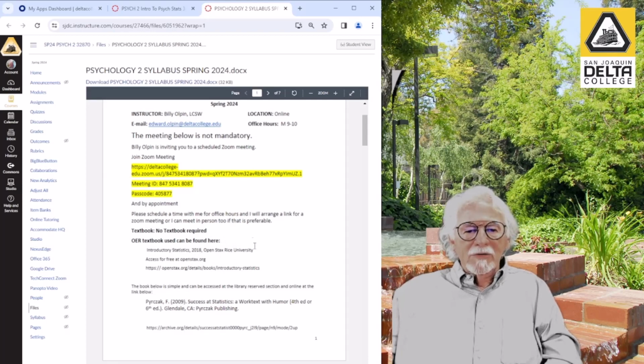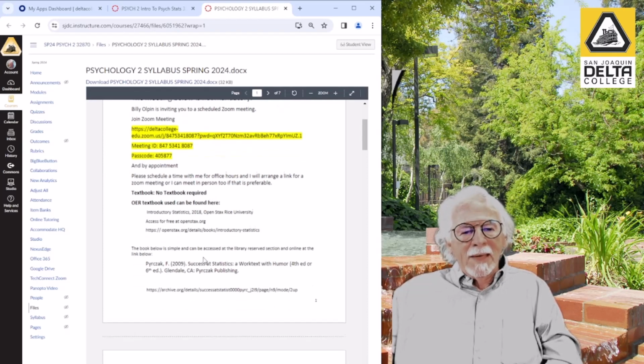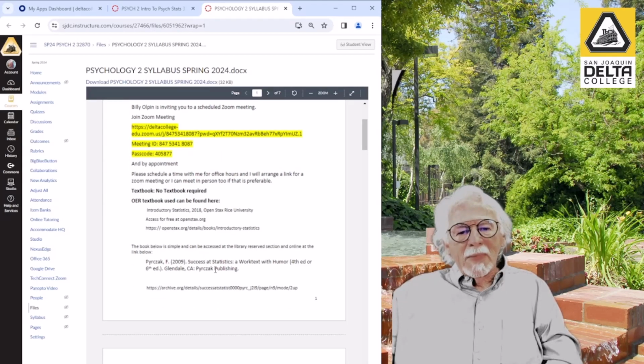So I broke it down. My notes and my PowerPoints are much simpler than the book, but feel free to look at the book if you want to. Right? Then this book is